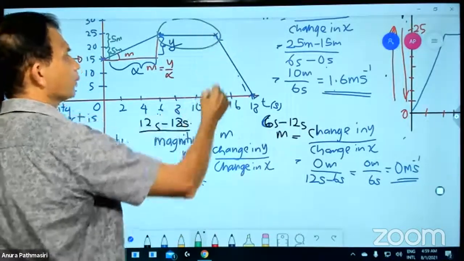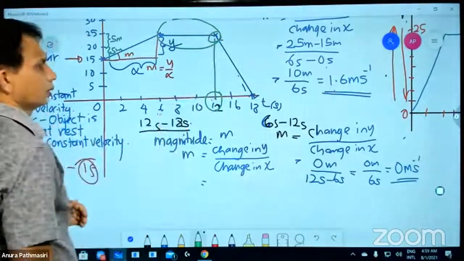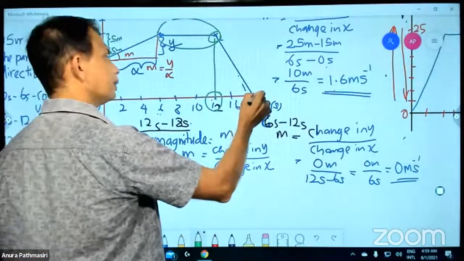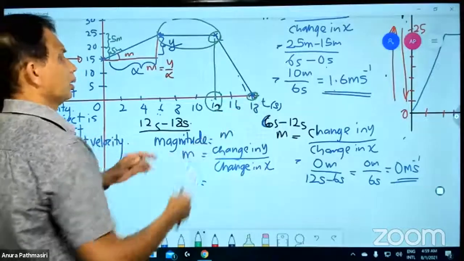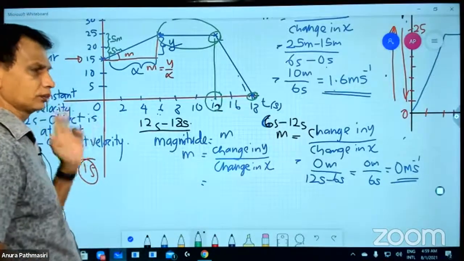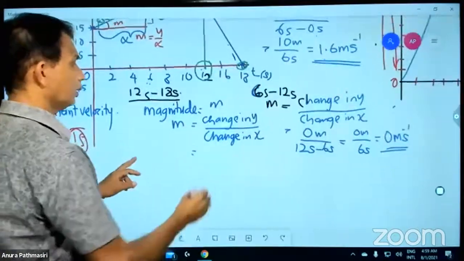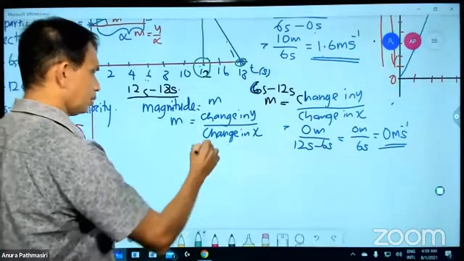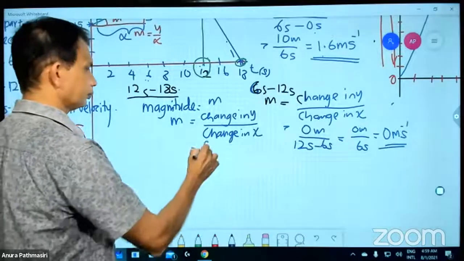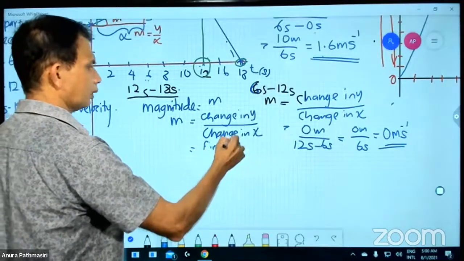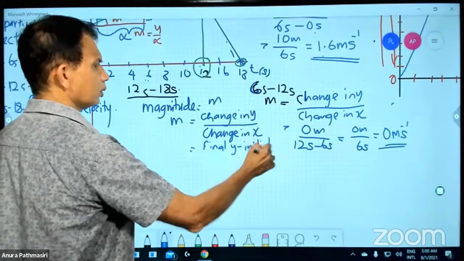By that time, the displacement is 25. Final means when the time is 18, the displacement is 0. So change in y means final y minus initial y,